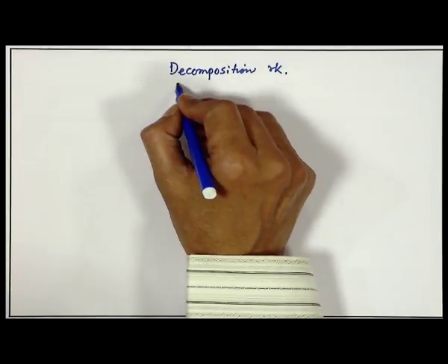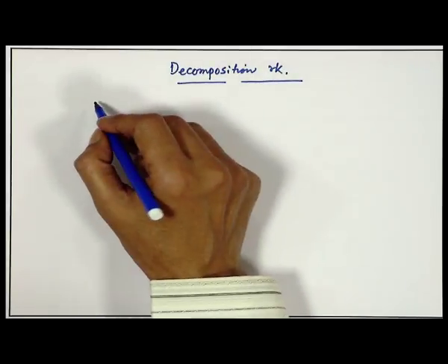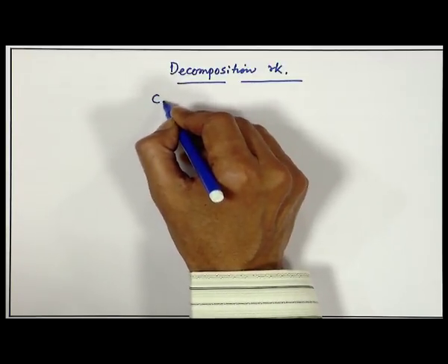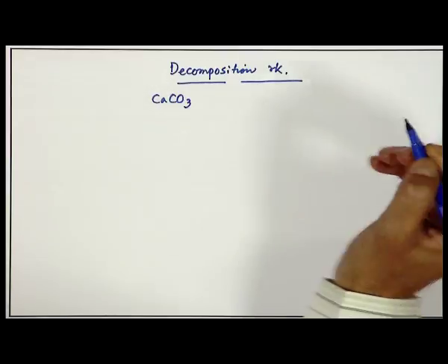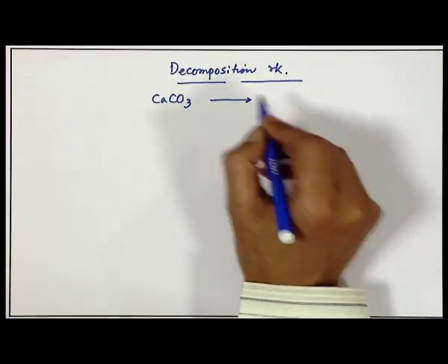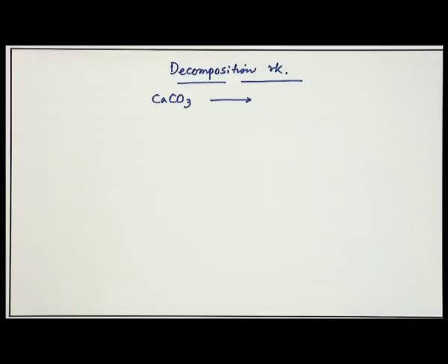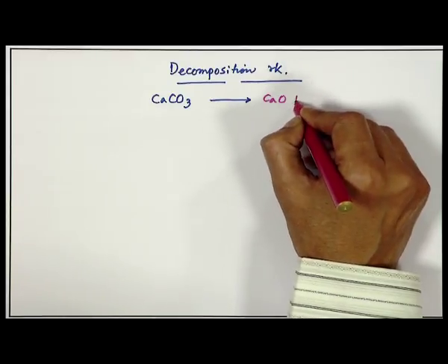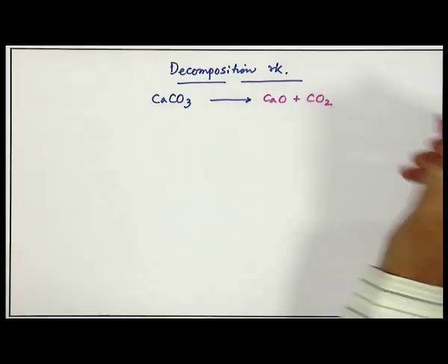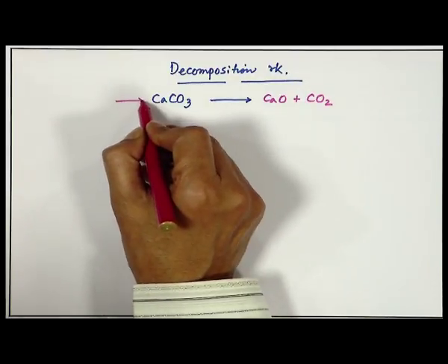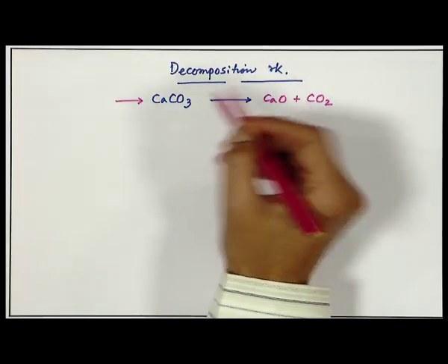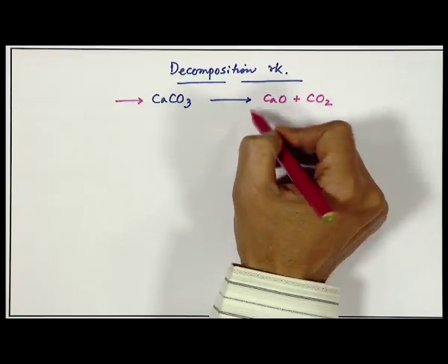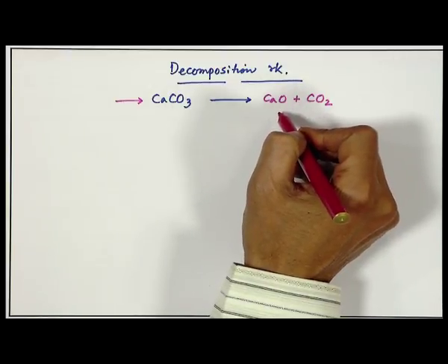So, if we consider these oxides, Fe2O3 is a reduction process, then other things are the corresponding decomposition reactions. One good example of a decomposition reaction, because there is no change in the oxidation states of the cationic part or the anionic part, is the decomposition of calcium carbonate, where we get calcium oxide and carbon dioxide. This is a very good analytical technique also for estimation of calcium in any unknown sample,